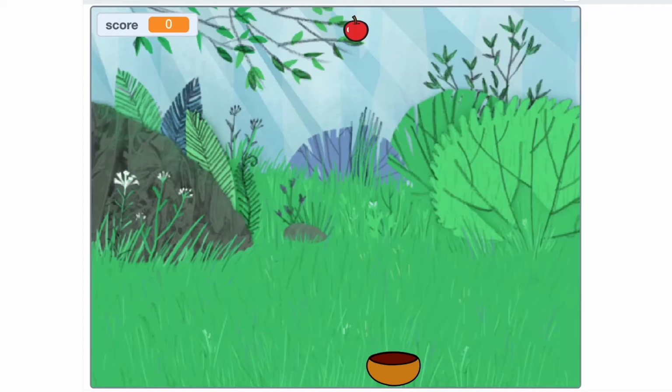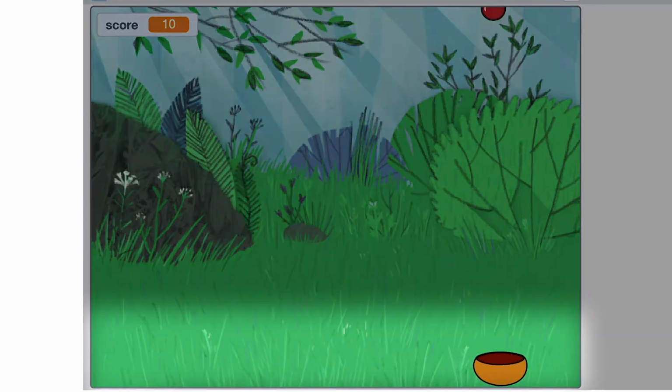In this video, we'll have a look at the thinking process involved in game development. Let's create one of the most popular games that almost all of you must have played, the apple and the basket game. Before we start making it, let's first have a look at the game and understand its working. So now that we've played the game, let's try and understand and break up this game into individual steps.